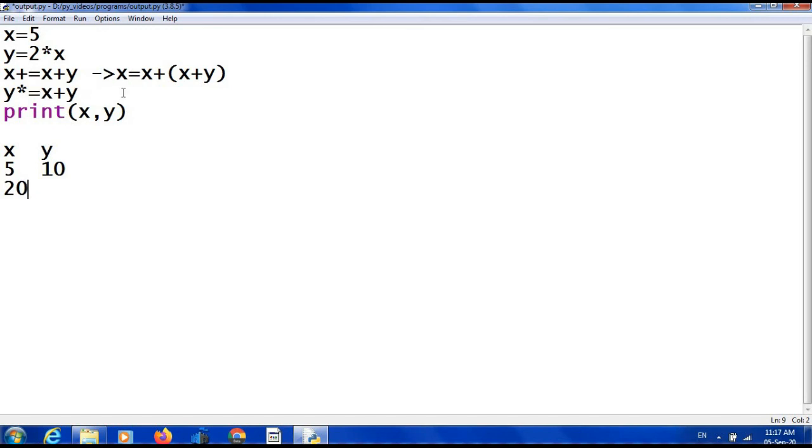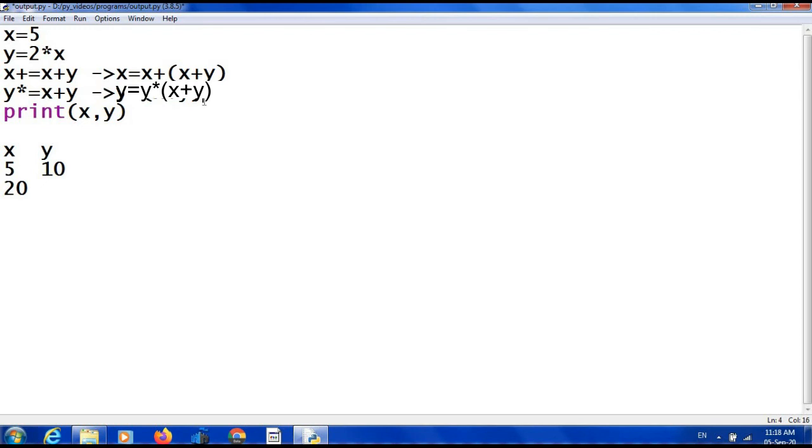And next statement is y into equal to x plus y. We will see that is equal to y star, then x plus y. That is, first you have to find out the value of x plus y, then multiply with y.